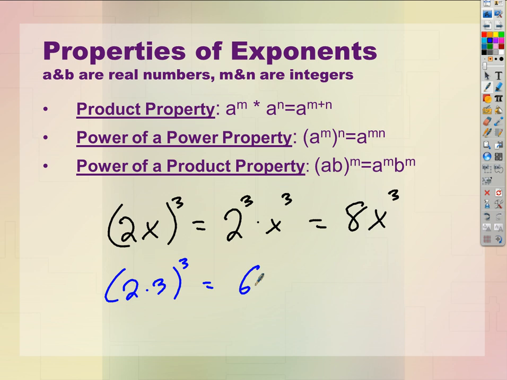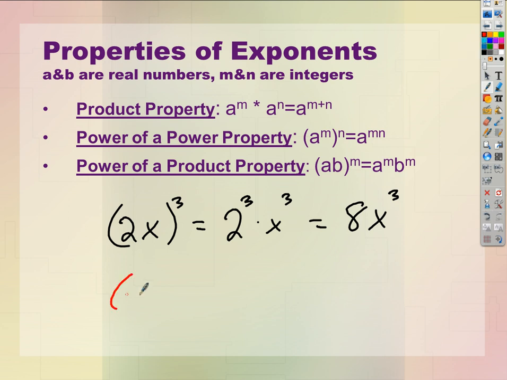But in this case, you'd follow normal order of operations, right? So that would be 6 cubed, okay? All right, so now I want to compare this last example. Everybody go back to this last example. When I had the product 2 times x, that quantity cubed, I distributed the power,